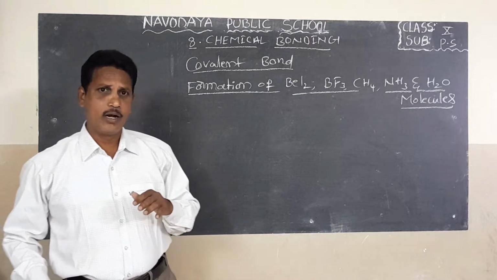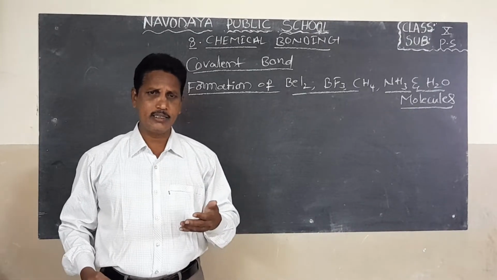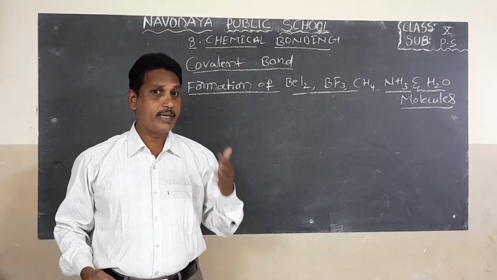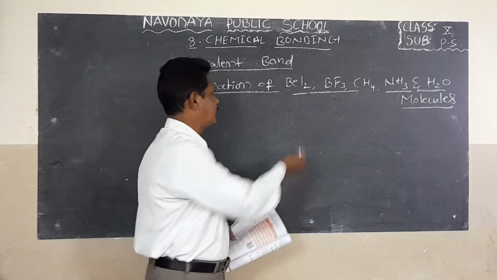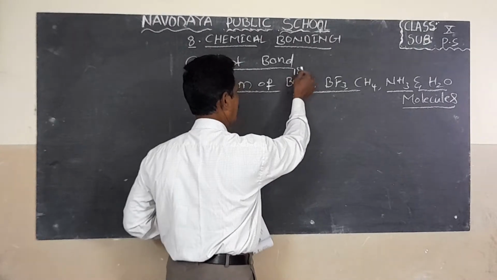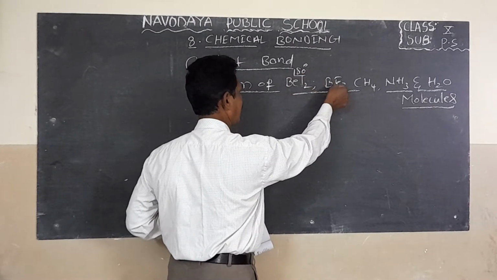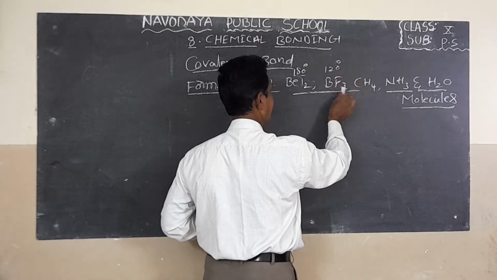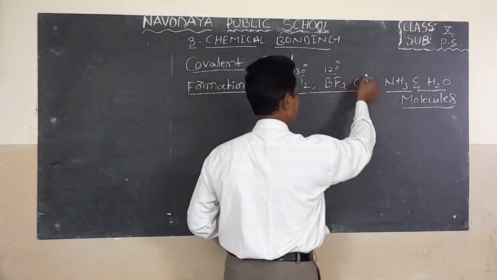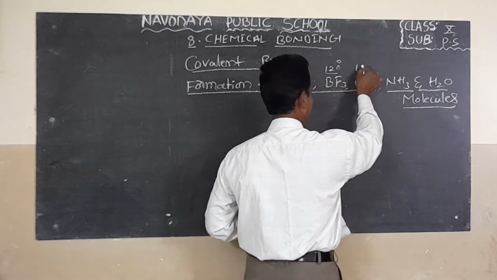We learned in the last class that the bond angle of BeCl2 is 180 degrees, the bond angle of BF3 is 120 degrees, and the bond angle of CH4 is 109 degrees